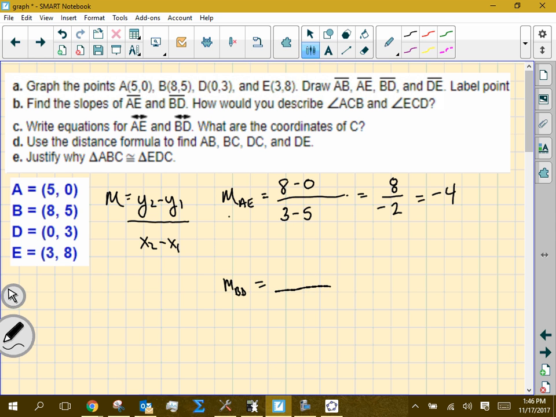Now we're going to find the slope of BD. So I'm going to go y's, 5 minus 3. And then I'm going to go x's, 8 minus 0. So I get, what, 2 over 8? Becomes 1/4. So here's the question they ask you, eventually, is to develop a relationship between these two lines, AE